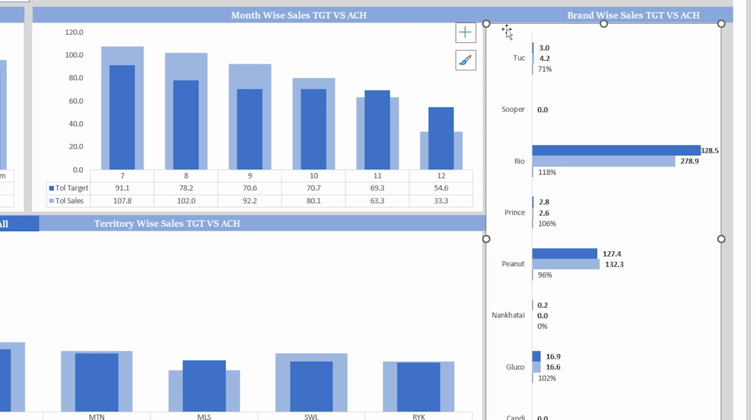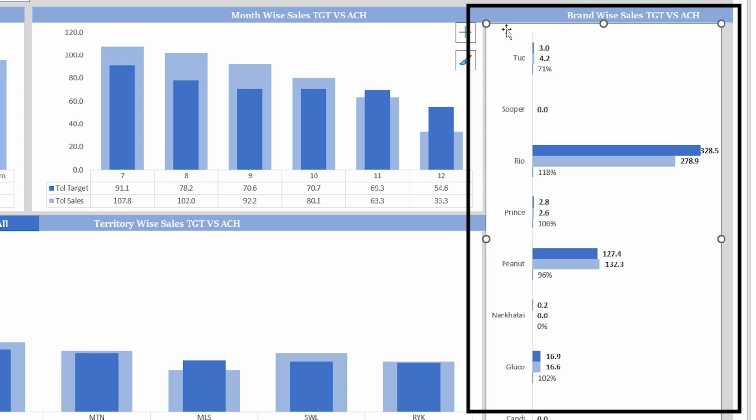Remember, understanding these metrics helps you to allocate resources efficiently and optimize your sales strategy, because here you have to identify your key brands, your middle brands and your lower brands. You have to invest more of your advertisement budget on your key brands, or you may spend your maximum budget on your lower brands. This is as per your strategy.